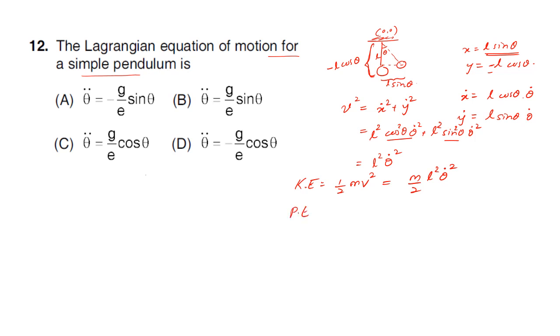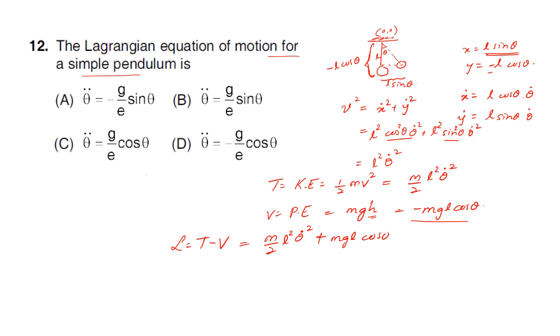Potential energy V is given by m g h, where the height is minus L cos theta, so V is minus m g L cos theta. Then the Lagrangian is T minus V, which is m by 2 L square theta dot square minus of minus m g L cos theta, that is plus